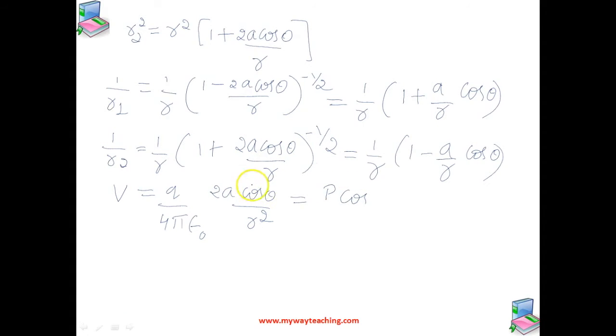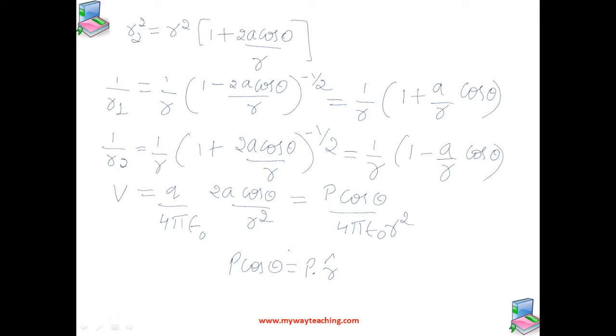That is 2a into Q is equal to dipole moment. So p cos theta by 4 pi epsilon naught R square. So p cos theta, we can write it as p dot r cap, where r cap is the unit vector